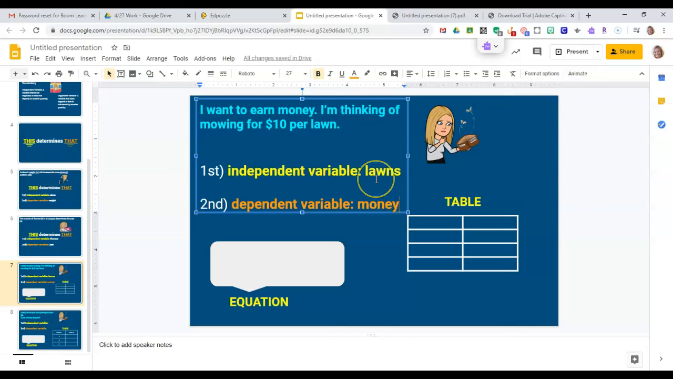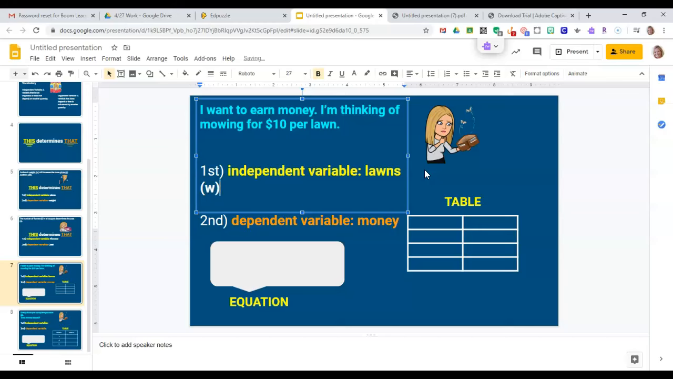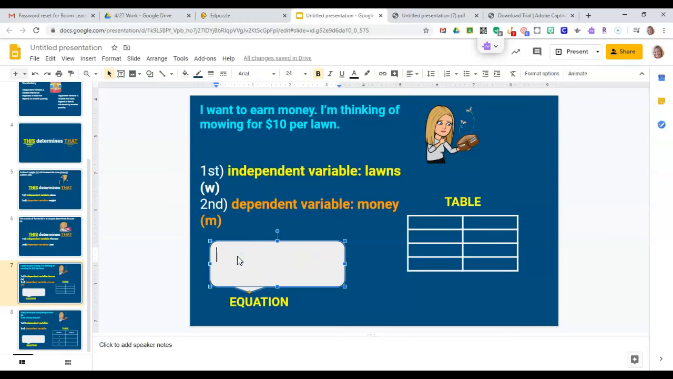So I'm going to do a W for lawns, so this will be my variable. I'm just going to use W for lawns. And then I'll do M for money. So down here in my equation, the amount of money I'm going to earn,